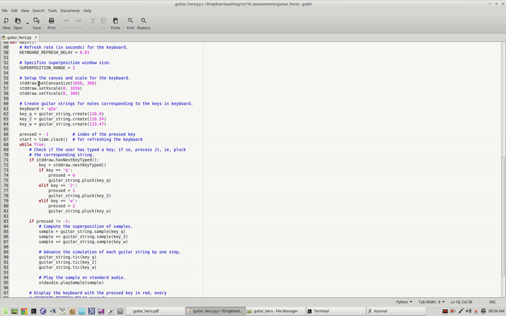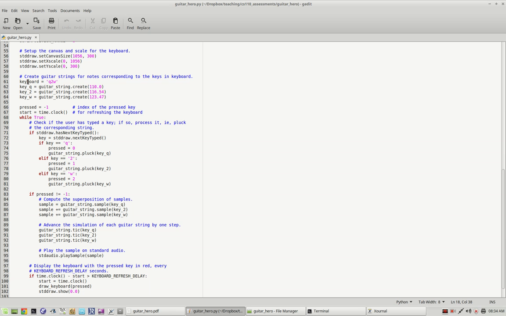And then there is the scale that is set up for the canvas on which the keyboard is drawn, and then you have the string keyboard, which is currently just a string of 3 characters, but you're going to include the other characters here. And then what you need to do is create a list that contains guitar string objects for each of those keys in keyboard. And then the guitar string needs to be created with the right frequency using the formula that I showed you from the PDF. So you're going to store a guitar string object for each of the 37 keys